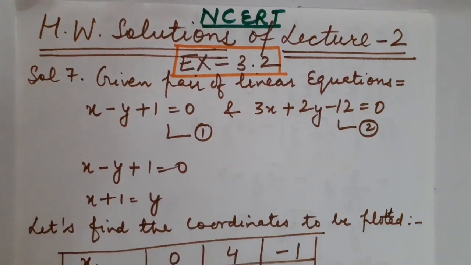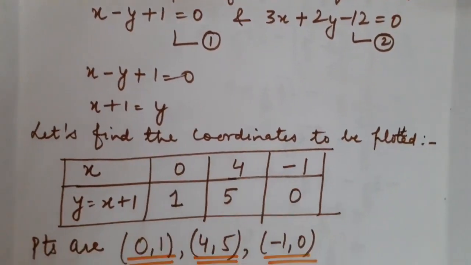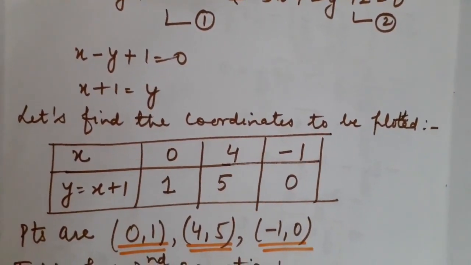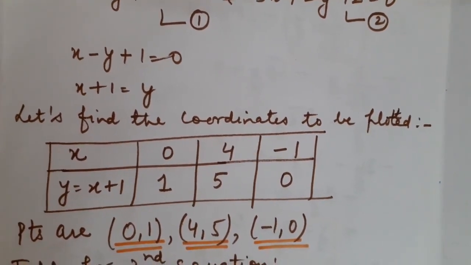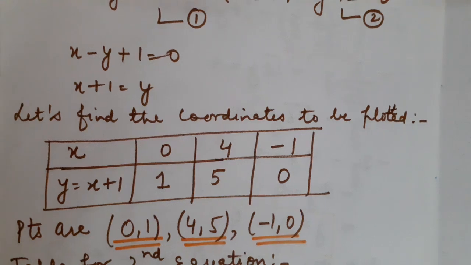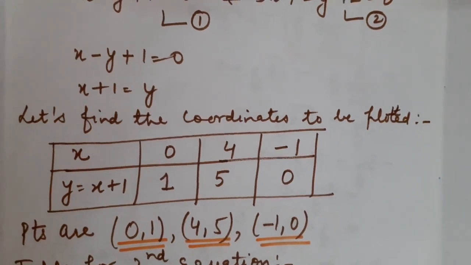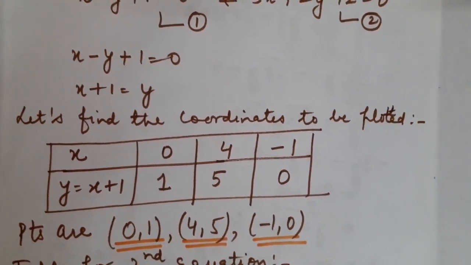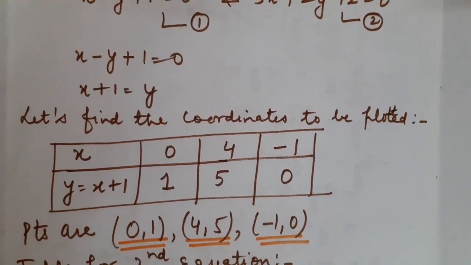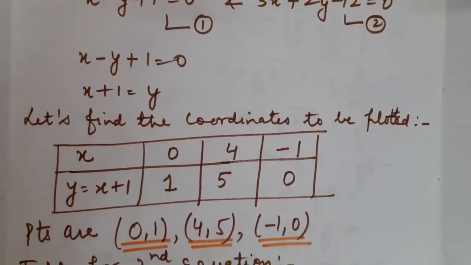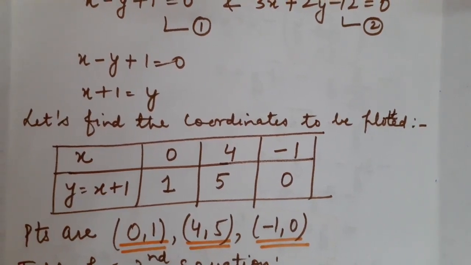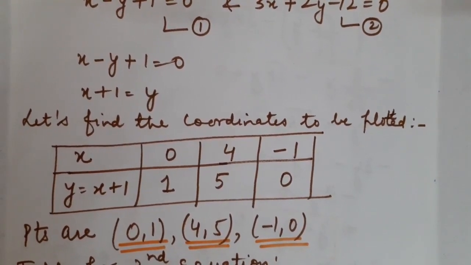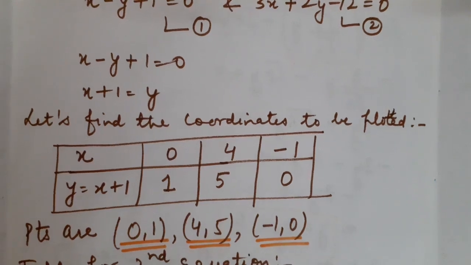Because here you are going to put the different values of x to calculate the different values of y. Clear? So let us find the coordinates which you have to plot so that the straight line can be drawn on the Cartesian plane. So the first value I have taken is x equal to 0. Children, put it in on the left hand side. If x is equal to 0, then definitely y will be 1.